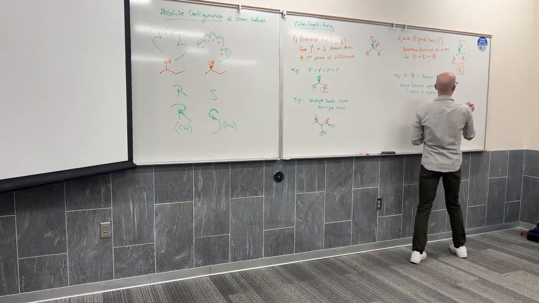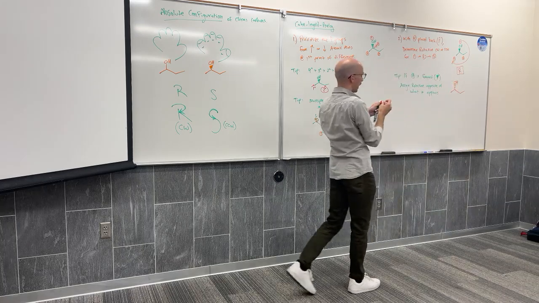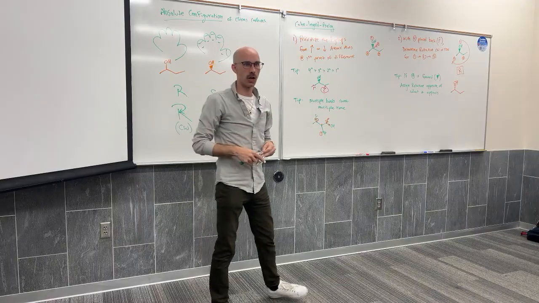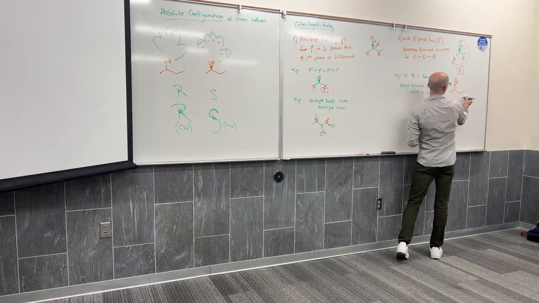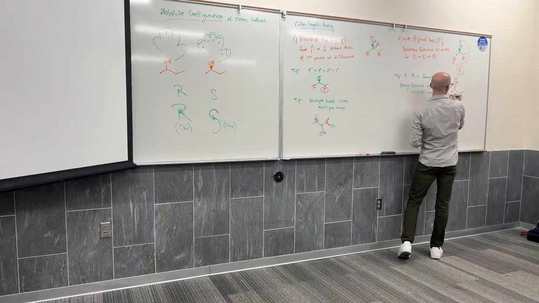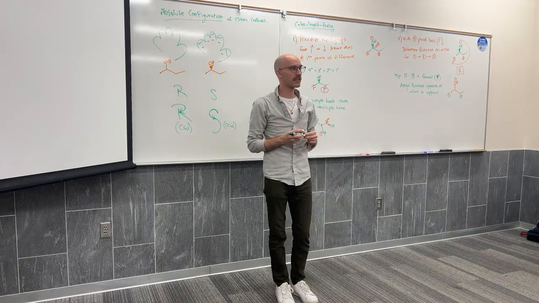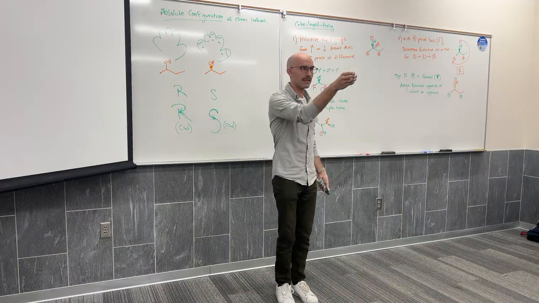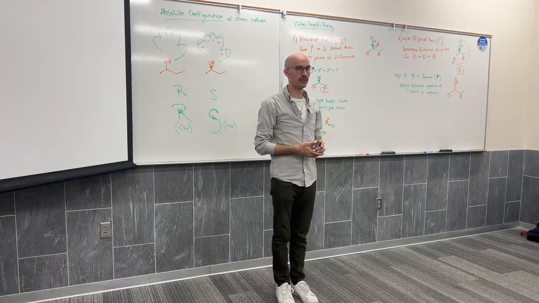Let's look at that. Let's apply it. I've changed from a wedged OH group. Now I have a dashed OH group. Would you agree that the priority groups do not change? Where is my fourth priority group? It's coming out towards you. It's breaking rule number 2.